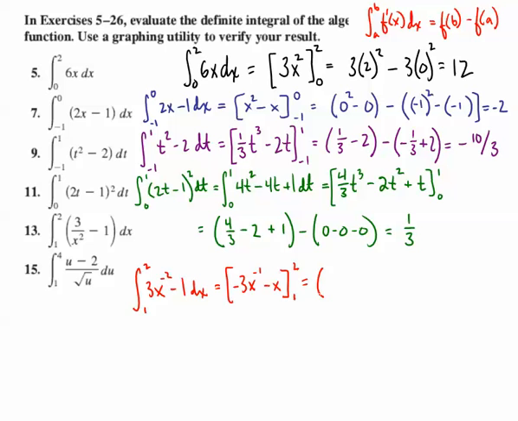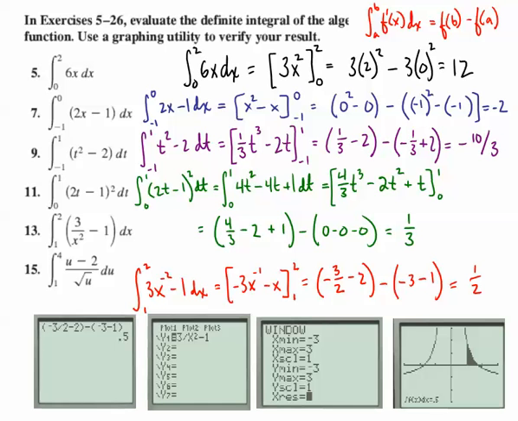Alright, so x to the negative 1 is simply 1 over x. So evaluating at x equals 2, we have negative 3 over 2, then minus 2, and minus negative 3 over 1, so that's a negative 3 minus 1. And since we're going to run out of time on this, I'll show you my calculations and then the graphing calculator solution to this. You can pause the video and